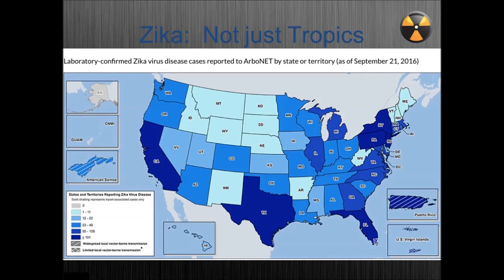Now, up here, we don't have mosquitoes that carry the Zika virus. So the only way you're going to get it here is if somebody traveled to a place where the mosquito was, got it, brought it back, and you had sex with them and got exposed to it. That's how you're going to get it. And again, if you're a dude, you're going to have a cold. If you're pregnant, that could be bad. So even us in Washington, we have cases being reported here. So I just thought I'd bring you up to date.